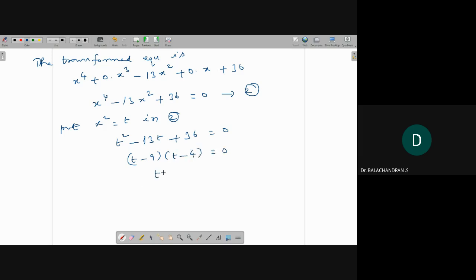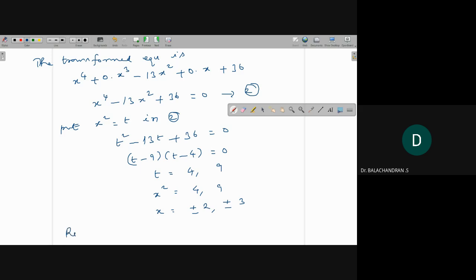So t equal to 4 and 9, but t equal to x square equal to 4, 9. So x is equal to plus or minus 2 and plus or minus 3. So the roots of equation 2 are